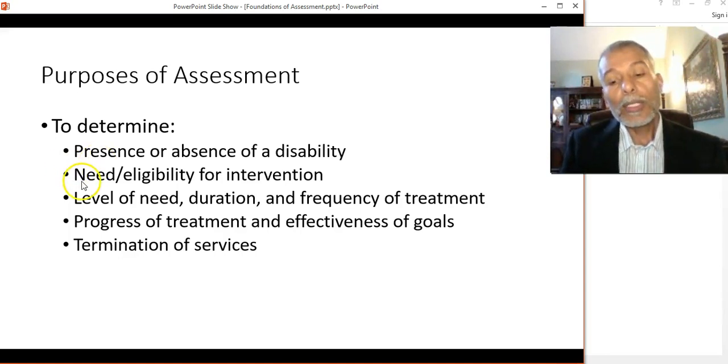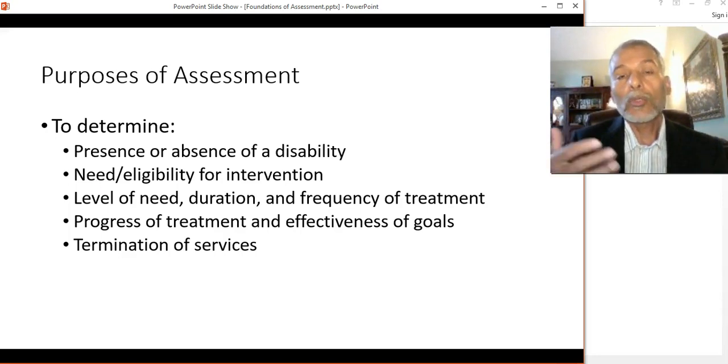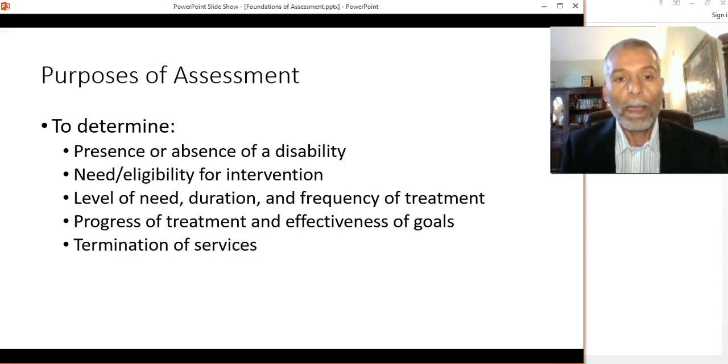So, in this case, why do you do testing? You want to re-examine, you want to re-evaluate the person to find out if he or she is still eligible for services, if he or she still presents with the same disorder. And